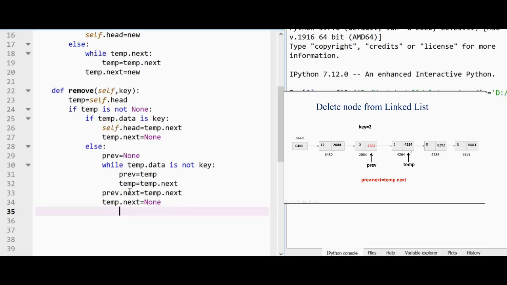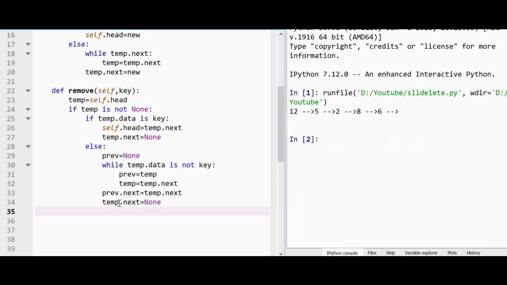So the previous pointer will point to the node after the temp and temp.next equal to None. So this will remove the link between the node having the temp pointer and the node after that. So the node which has the temp pointer will be removed from the linked list.